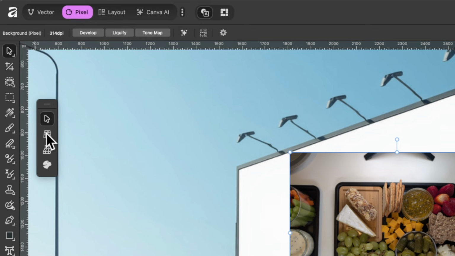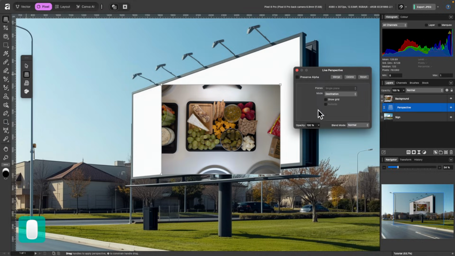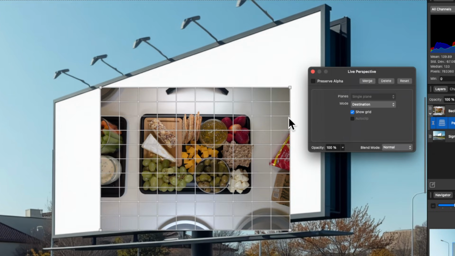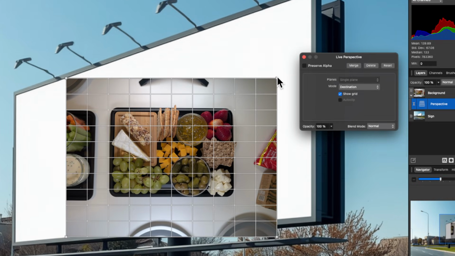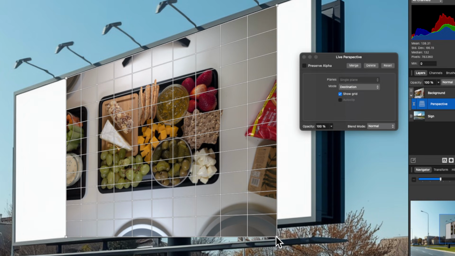So I'm going to go ahead and select the Perspective tool. Select that, and we've got this box here with more options for us, and you can see the image now has 4 dots on the corners. I'll call these nodes, and basically I can go ahead and click on Show Grid, and this might help us a little bit more when lining everything up. So I'll just click and drag this up and let go, and I'll do the same with the bottom here as well.